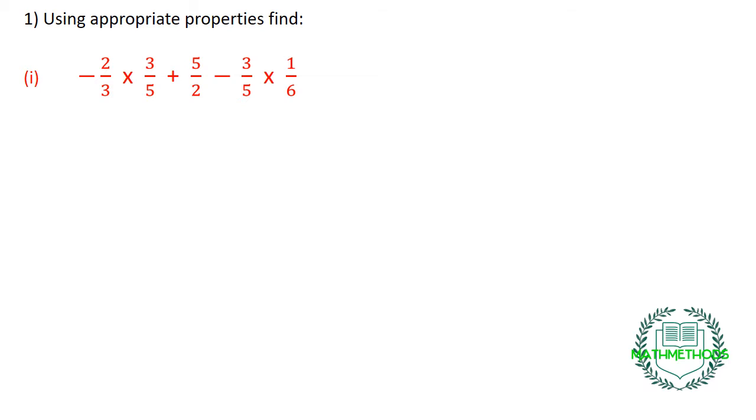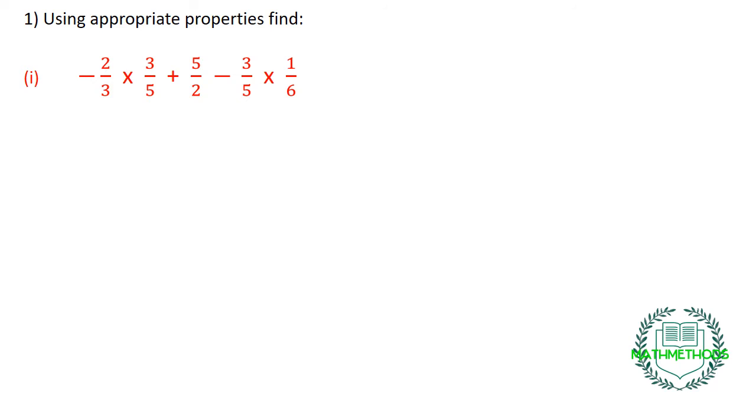In any mathematical expression like this, you may have to perform different mathematical operations like addition, subtraction, multiplication, or division. You can't just start calculating from left to right, but there is a rule. Start with the brackets. If there are any brackets in the given expression, then first of all solve those brackets. After the brackets are solved completely, next solve the divisions and the multiplications, and only after that you can solve the additions and the subtractions. If you don't follow this rule, then you will not get the correct answer.